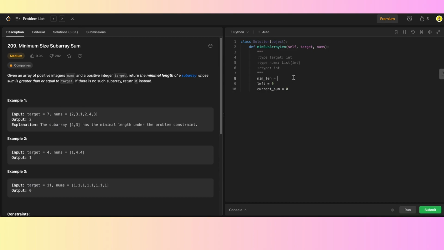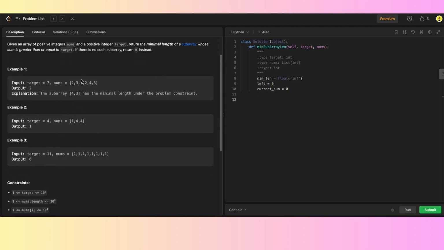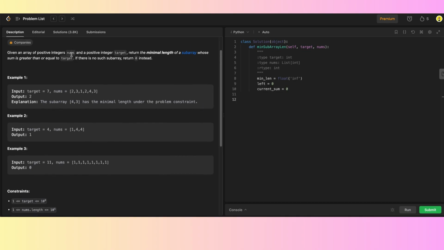Okay, and then let's do a float infinity. Actually, let's do this. That's going to make more sense. Okay. So the next step of this, we'll need to iterate over the nums array here with the right pointer,